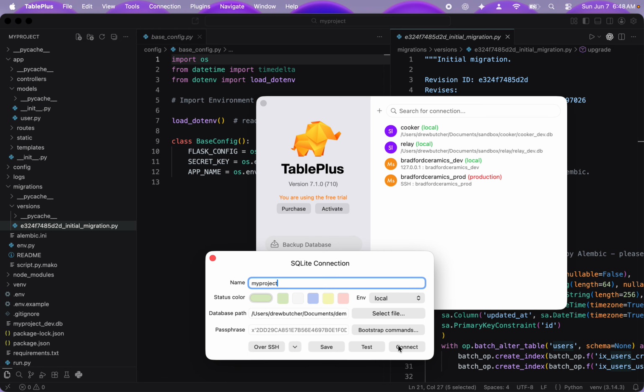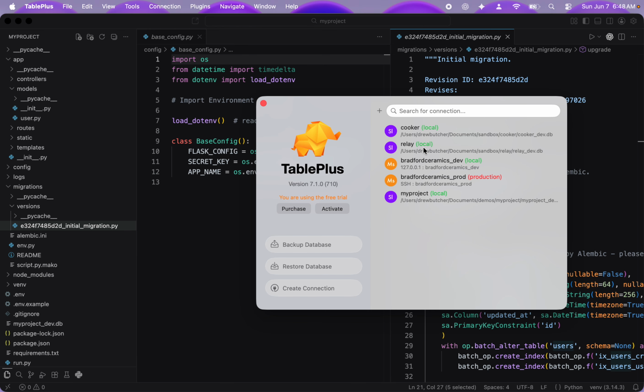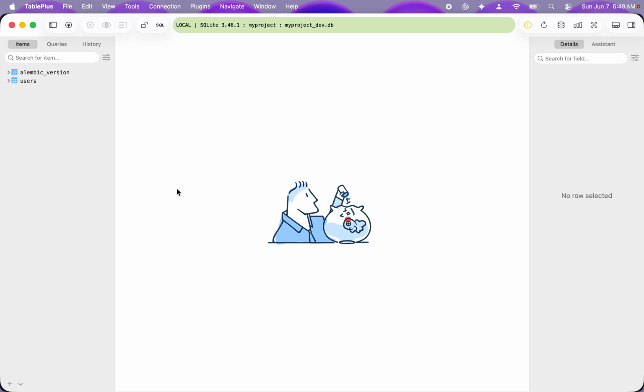I test it. I know it's going to work, so we're just going to connect. We'll save it because we might use it, and then we'll connect here. All right, so here it is. Here's users, and here's the table, which has